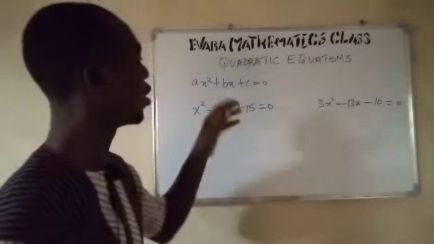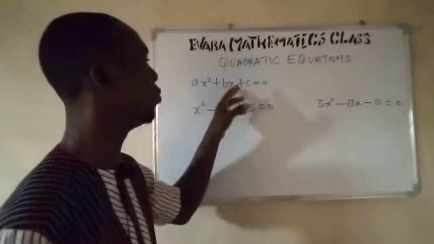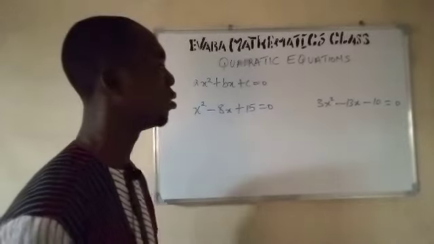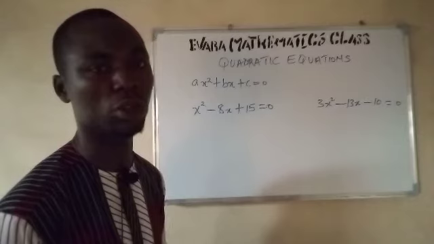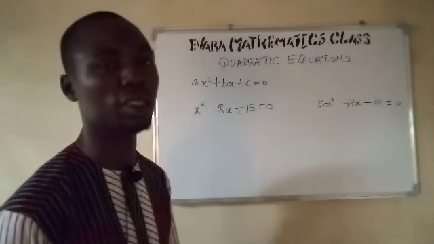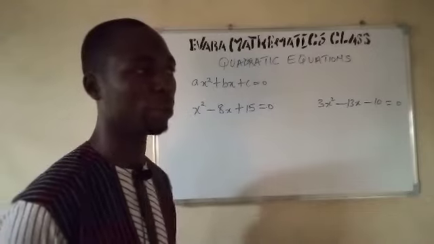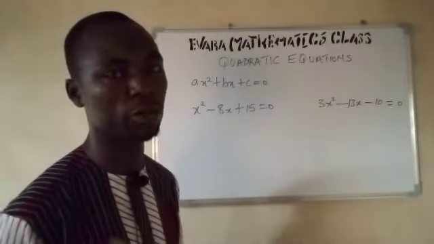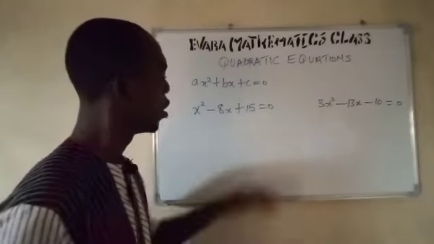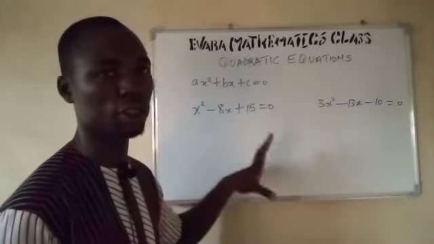We know that this is the general form of a quadratic equation: ax squared plus bx plus c equals 0. So we've had some lessons on quadratic equations and how to solve them using the factorization method. For those of us that might be having issues on how to pick our factors, you can refer back to those previous videos. For us to solve this quadratic equation using the factorization method,